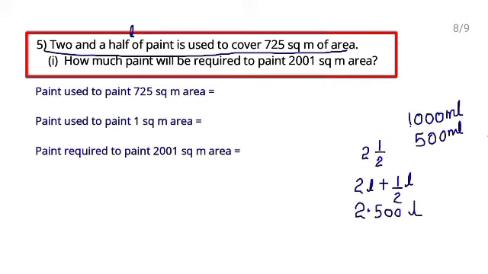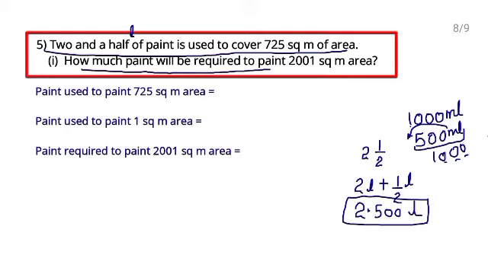Clear? Because when you change this milliliter into liter, you will divide by 1000. It means 1 2 3. You will put the decimal before 3 digits here. So 2.5 liters can also be written as 2.500 liters. Clear? So next let's see what they are asking in the question. How much paint will be required to paint itne square area?